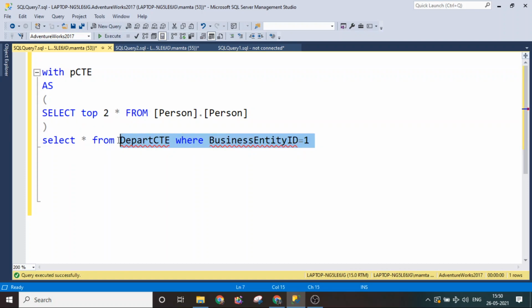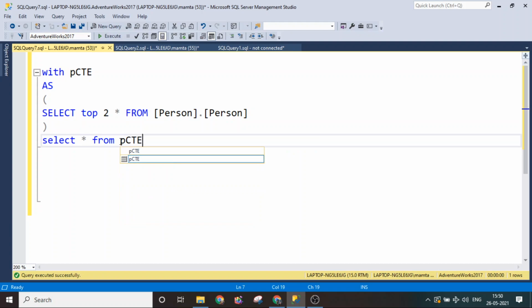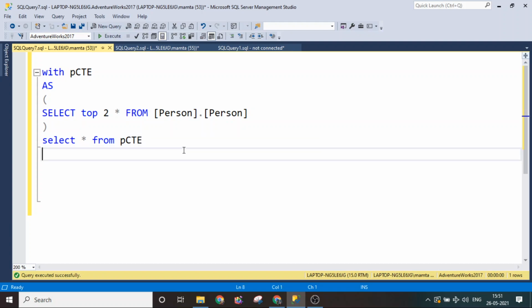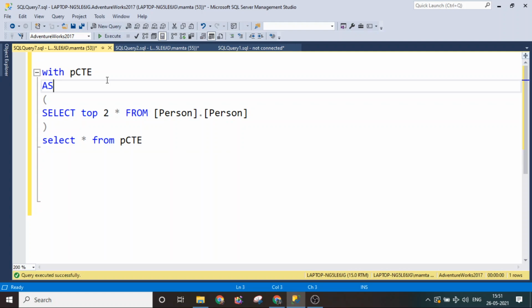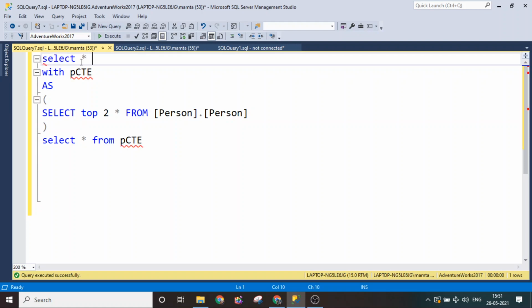So remove it and CTE. So this is the syntax of a CTE. Now, one thing I would like to say here: just in case you have a lot of queries in the same query pane, and after that you have a requirement of writing a query, let's say I have this query, let me take out the same query.